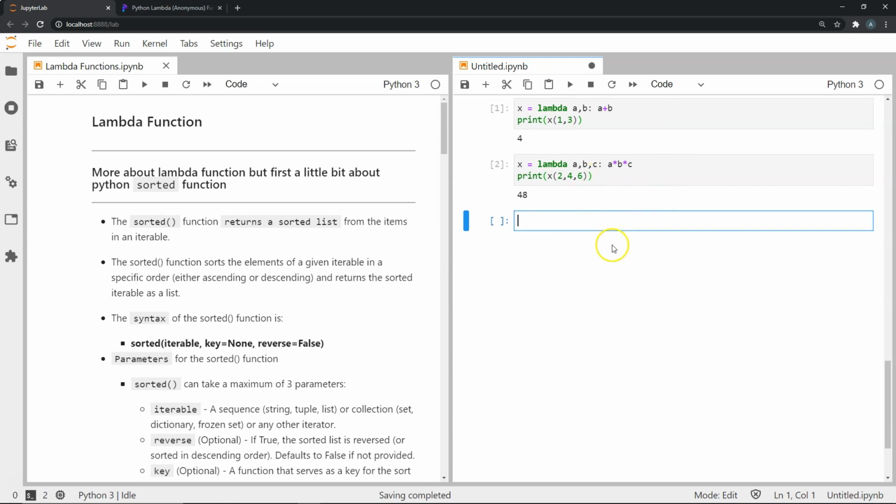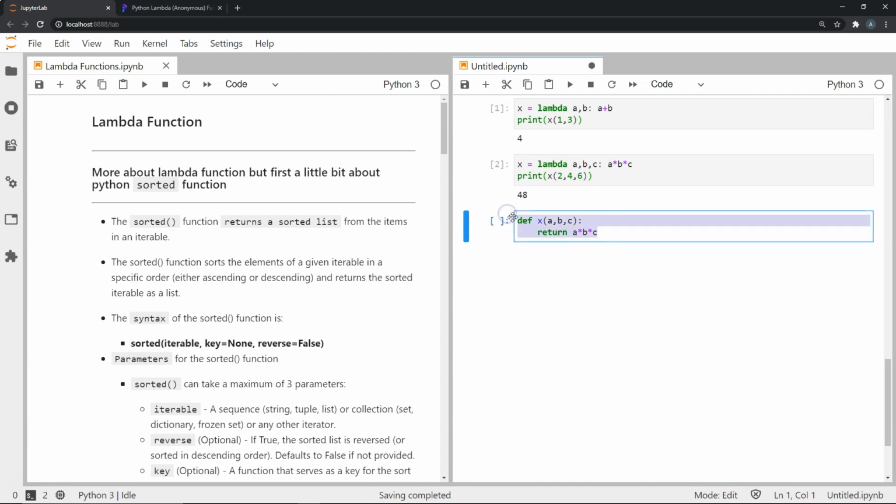Now I could have done this in a different way, where I could have defined some function x, and over here I define that it takes in 3 parameters, and then you can define a return. The function basically returns a times b times c. But many times you don't need to define a full function called x. You don't want to assign some function with this name. You just want to create a temporary or short-time anonymous function just to perform a simple expression. And in that case, we can use lambda functions.